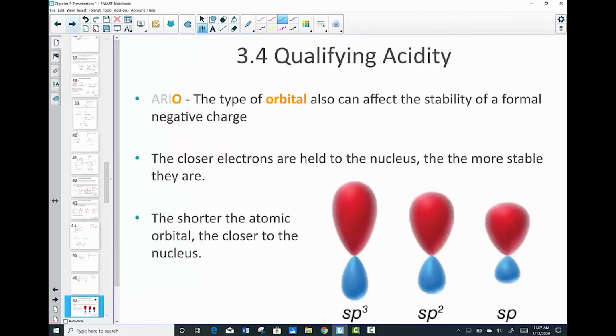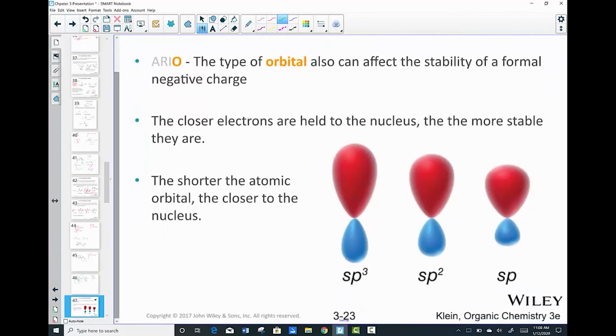The letter O in ARIO stands for the type of orbital. So think about the ability of stabilization of an electric charge and the distance it is to the nucleus to do so. The more stable the charge, the closer it is to the nucleus. Let's think that through. When I think of orbitals, I'm just thinking about the hybridization on the atom that's trying to stabilize the negative